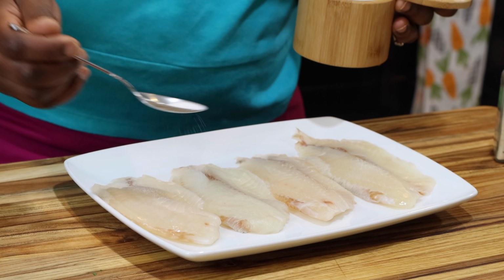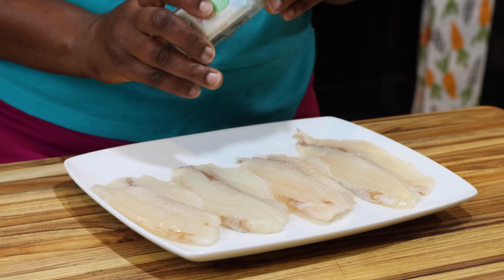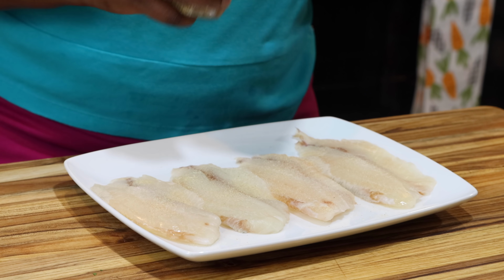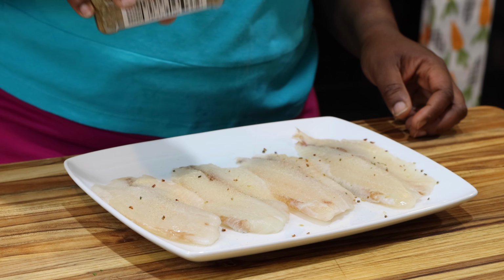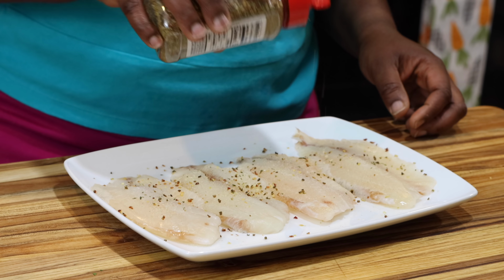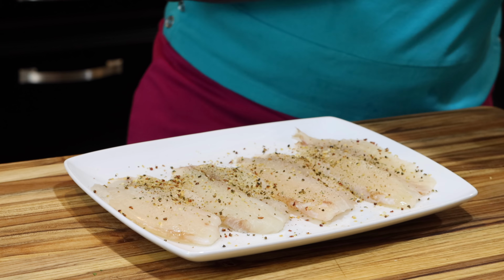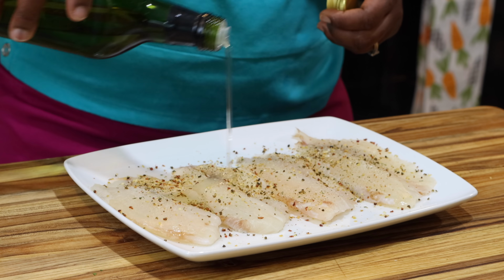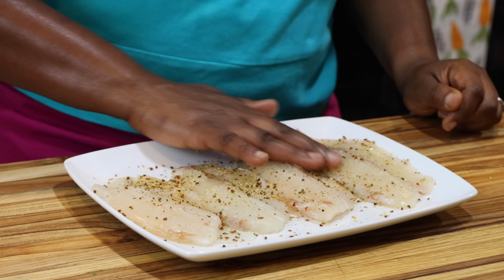Okay, now we are going to focus on our fish. I'm actually using some tilapia fillet. You can use the fillet of any kind of fish that you prefer. And I'm just seasoning it with some salt, garlic, and some tones cilantro lime seasoning. Of course, you can use any seasoning that you really like, but I thought the cilantro lime really goes with the vibe of the fish taco, like regular taco, everything that a typical taco will have is